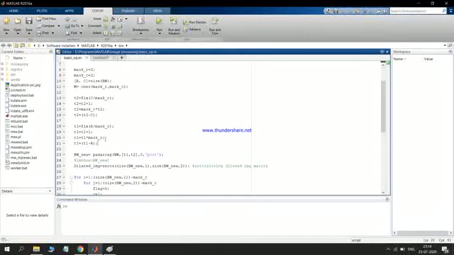Then all this computation I have done for the padding, and this padarray is the function which will pad our black and white matrix BW, and the dimensions for rows and columns are T1 and T2, and it will be padded with value 0. Post is the direction: if we select pre, it will pad from the upper or the left side.